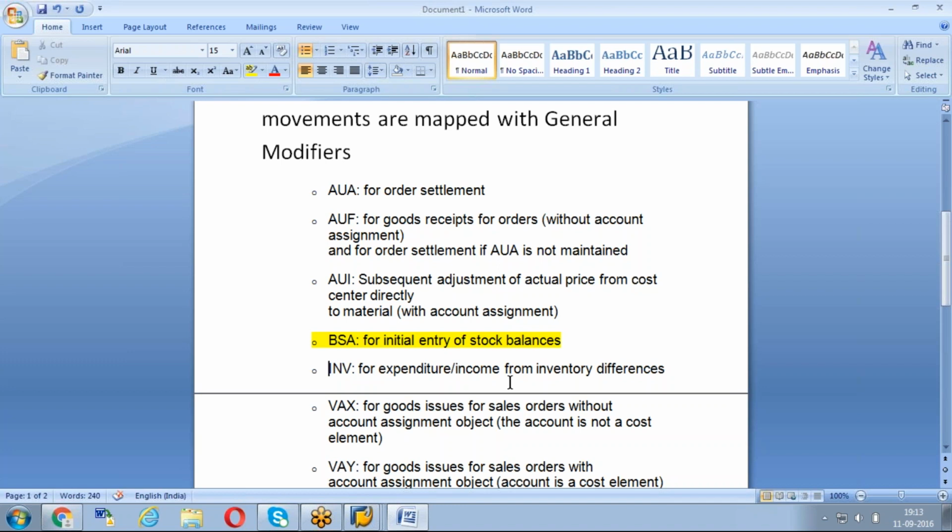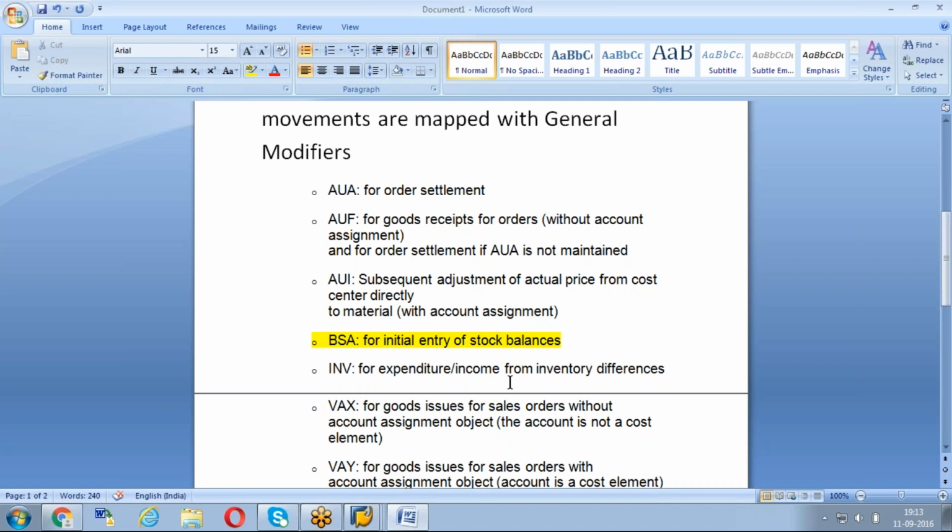When newly implemented SAP, whatever physical stock is available, the same stock I need to keep in the system. Correct? Because from go-live onwards, you are going to do all the operations in the SAP system. If you want to issue the stock physically, the same thing has to be done in the system also. If you want to do it in the system, you should have the stock. How will you get the stock? You have to update the stock. Initial stock, yes.